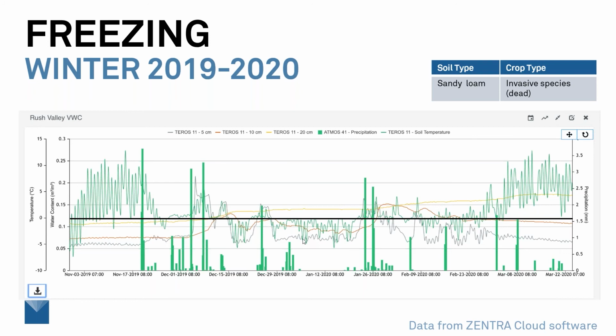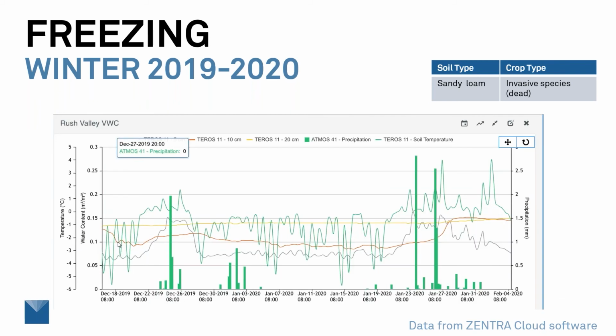Now, all the water isn't frozen, and therefore the water content doesn't go to 0, but it does go to a much lower number here. And we can see it going up and going down. And then finally, when we thaw for the season, we see the water content just smooth out and look like what we had seen before, as it did way back here in November. So here's a little bit more close up. We see this behavior. Here's 0 degrees.